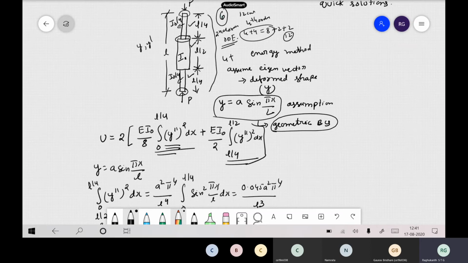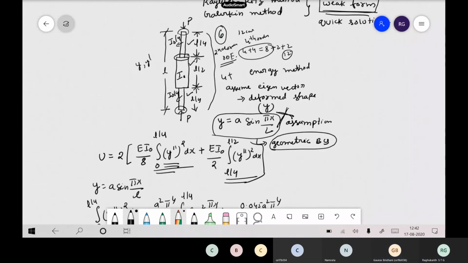Sir, the assumption of y equal to a sin x is giving the error. Why is that wrong here? What could be the reason why this is not correct? This y equals a sin pi x by L, is it valid or not valid? It is valid, but we are using only one term of the Fourier series. No, that is fine. Generally a simply supported beam will buckle like this only, no? You have been taught like this, right? One half-wave only.